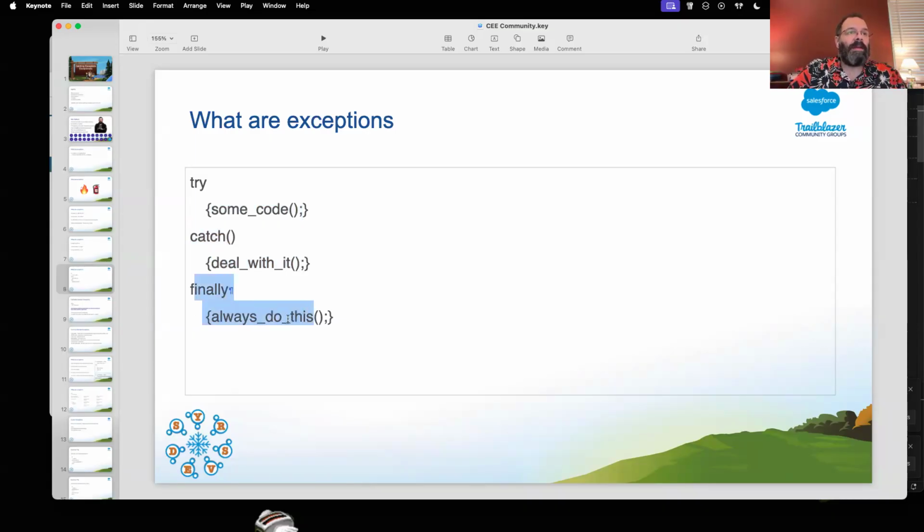The finally runs no matter what. So finally says, okay, you tried to do something, you caught this thing, now run this code. Or, if nothing bad happens, the try code runs, the finally code runs. Finally is optional. You don't actually need to use it. Sometimes it makes sense, sometimes it doesn't make sense, sometimes it doesn't matter. If you have a try, you have to do a catch because there's no point without the catching. We're going to go and actually look at the code in a minute or two.